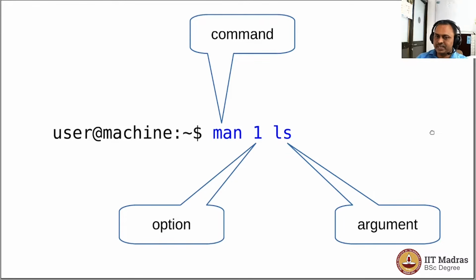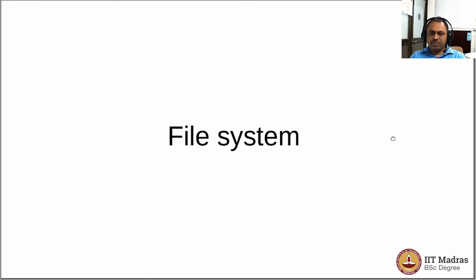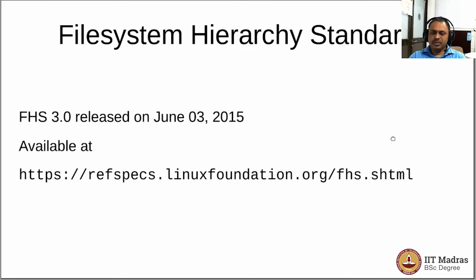Let us explore the file system of a Linux operating system. Luckily for us, the file system hierarchy standard version 3.0 is what is followed by all the Linux operating systems, irrespective of the variant that we are using. We are using the Ubuntu 20.04 LTS version, and you could shift to any other version of Linux, and you would see that the folders will have the same name and will be located in the same hierarchy, as we will be exploring shortly.